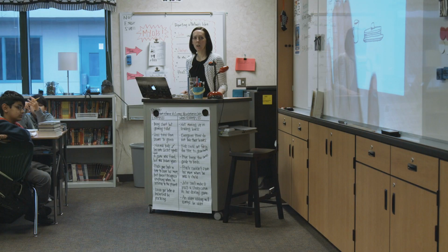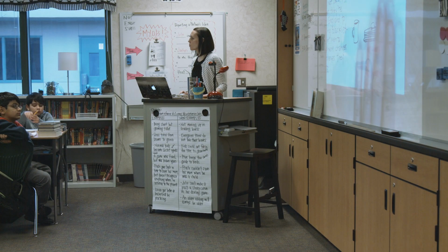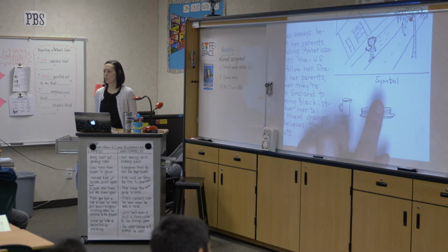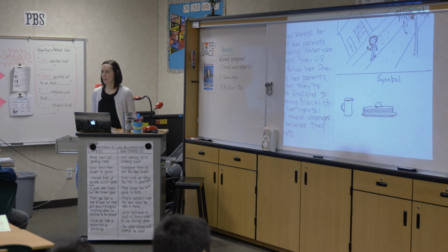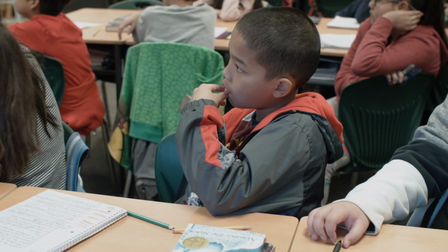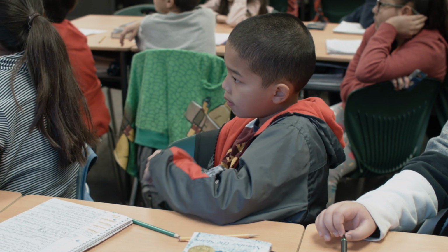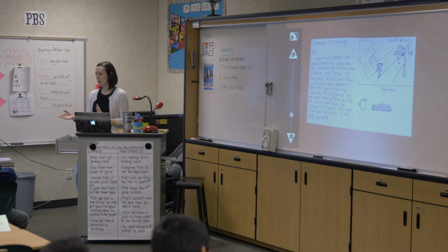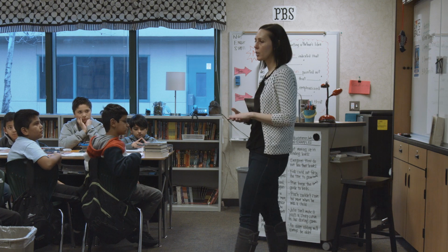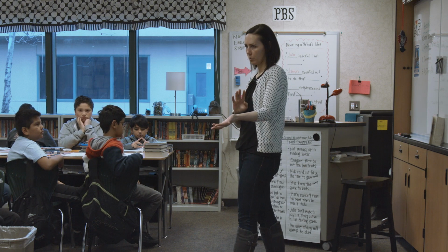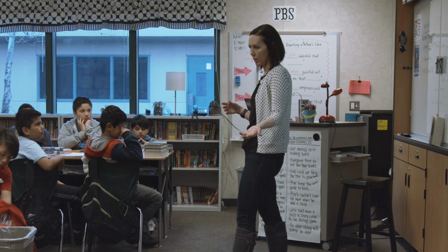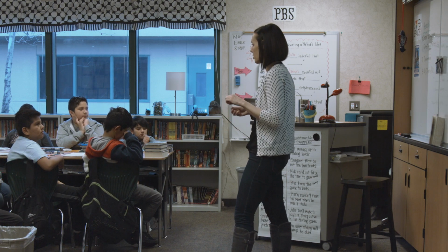So next you have to come up with a symbol. Now this is not a full illustration. Up here I drew the whole scene. Here I drew just a symbol, a stack of pancakes with some syrup. That's my symbol. To me, a stack of pancakes with some syrup symbolizes the change. Janie changed in that she used to believe that her parents were upstanding citizens. So when I ask you to look for change, I'm not asking you to say, oh, they changed their clothes, unless it directly affects the entire rest of the novel or the entire rest of the scene. It needs to be a serious change, not a surface change.